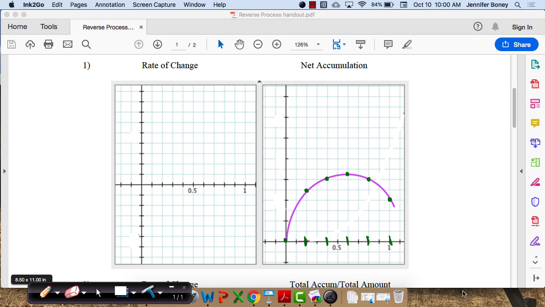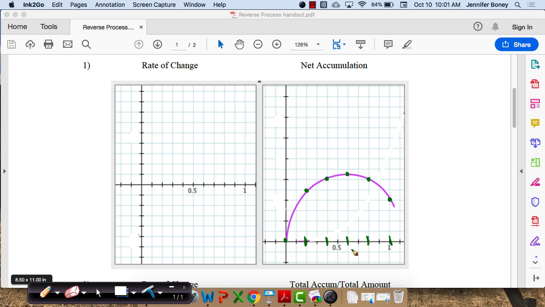Alright, so on this first graph, if you're using a delta x interval of 2/10, 0.2 units, then I'm going to have an interval that runs from 0 to 0.2, 0.2 to 0.4, 0.6 to 0.8, and 1, and then the graph kind of ends, so I just stop there. But of these 1, 2, 3, 4, 5 intervals, on how many of the 5 intervals is the accumulation increasing? 3, the first 3. So the accumulation's increasing on the first 3 intervals at various rates, and on the last